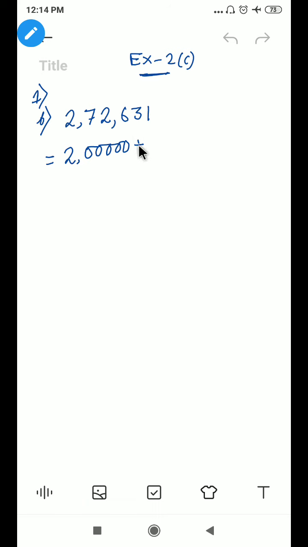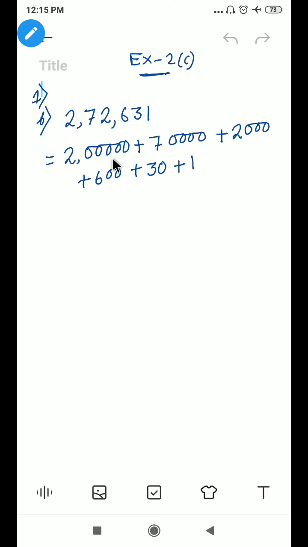Now we have to find the place value of 7. This will be 7, and after 7 how many digits are there? 1 2 3 4. In the similar way, the place value of 2 is 2 followed by 3 zeros, then 6, after 6 there are 2 digits, then 3, after 3 there is 1 digit 0, and in the unit place there is only one number, and after 1 there is no digit, so this will be only 1.